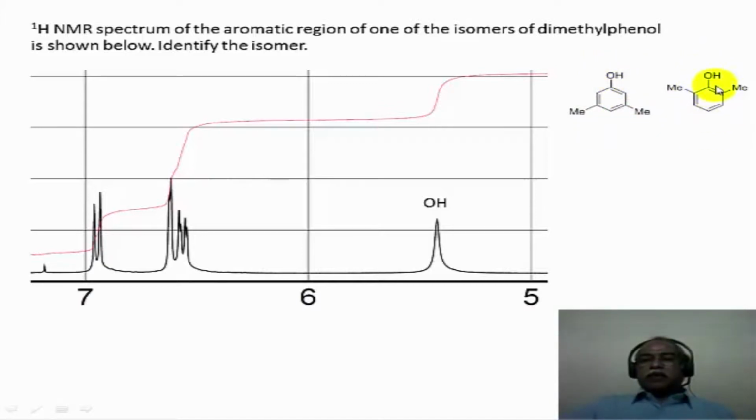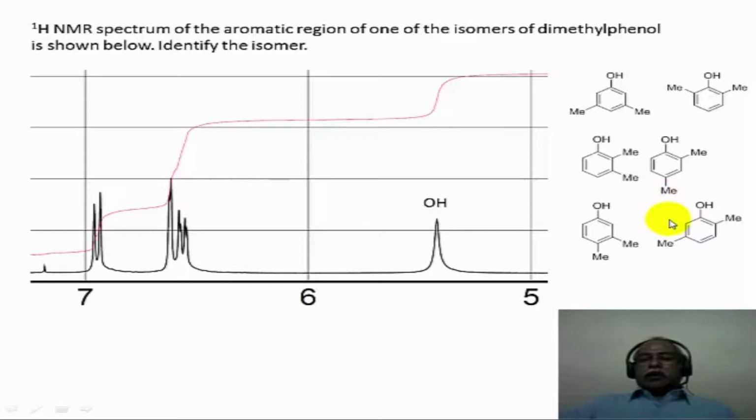There is a plane of symmetry as well as a C2 axis of symmetry passing through the hydroxy functional group, this carbon and the para carbon in this particular molecule. Similarly, there is a plane of symmetry as well as a C2 axis of symmetry passing vertically along this line of this particular molecule. So one rules out these two possibilities because they are not consistent with the substitution pattern that one sees. That leaves us with 4 other isomeric forms of this particular dimethylphenol.